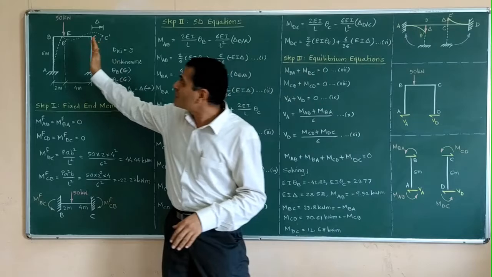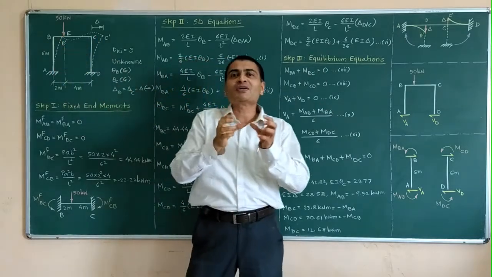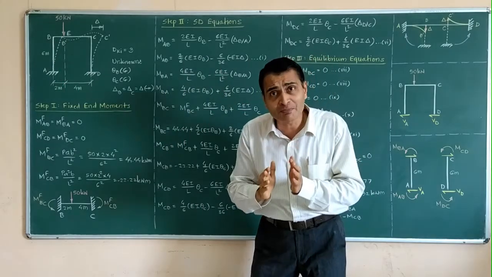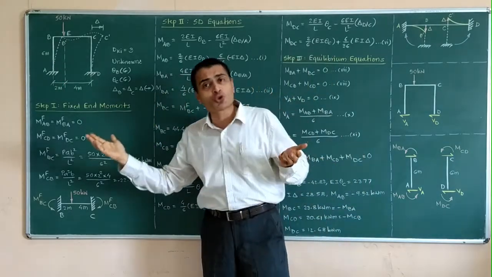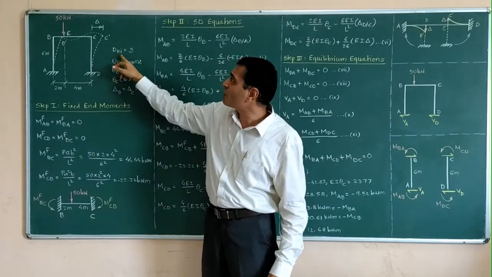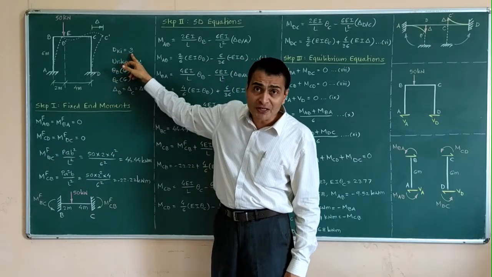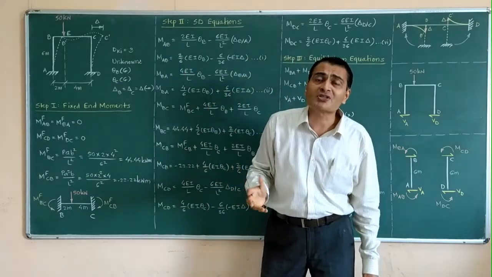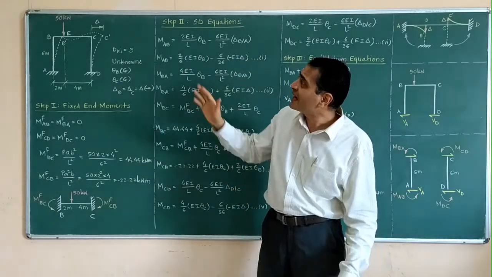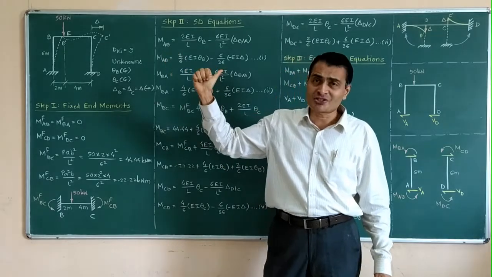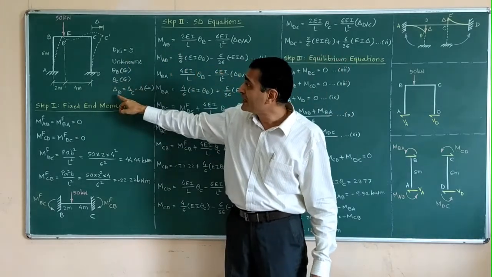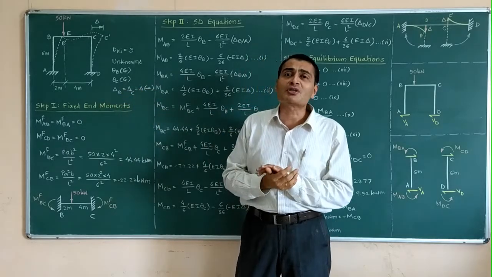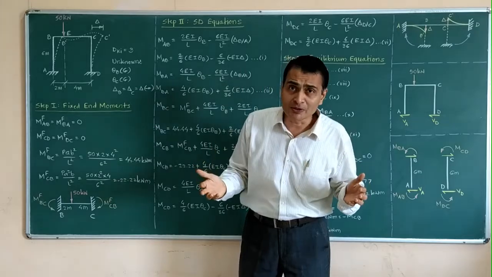However, the load is acting unsymmetrically, at 2 meters and 4 meters, so we are going to treat this as a sway frame. We start as usual with our analysis. Degree of kinematic indeterminacy is 3. Unknown joint displacements are theta B anticlockwise, theta C anticlockwise, and delta rightwards. So that is what I have written. Delta B equal to delta C equal to delta, because members are assumed to be inextensible.